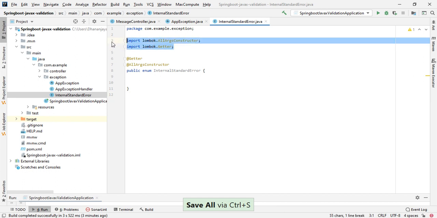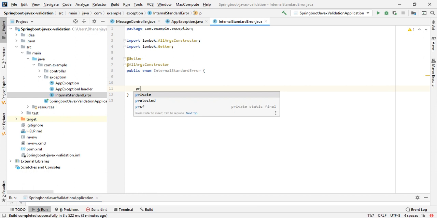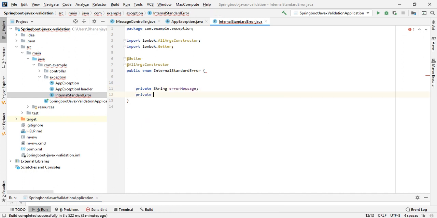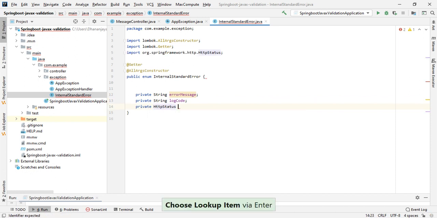I'm using Lombok for the getters and all-args constructor. Let me add some attributes: error message, log code, HTTP status.